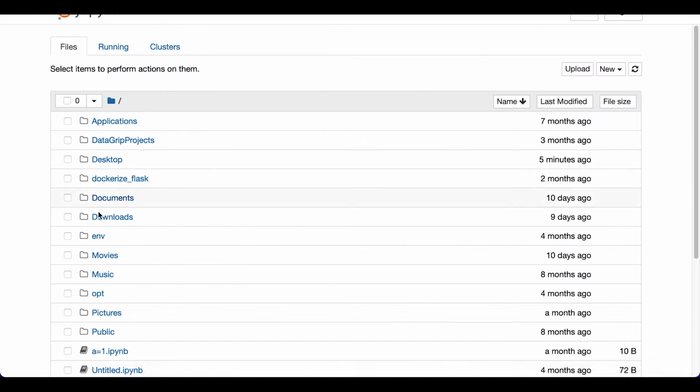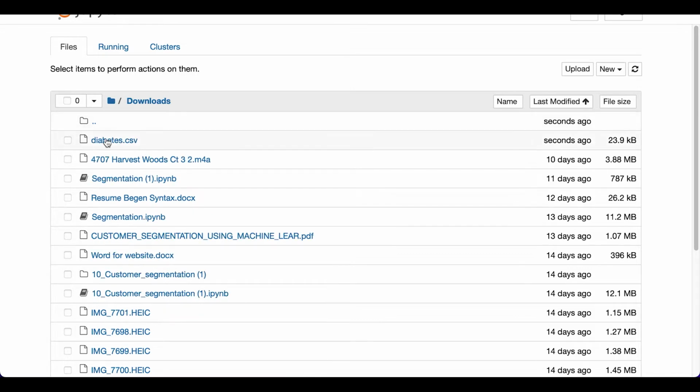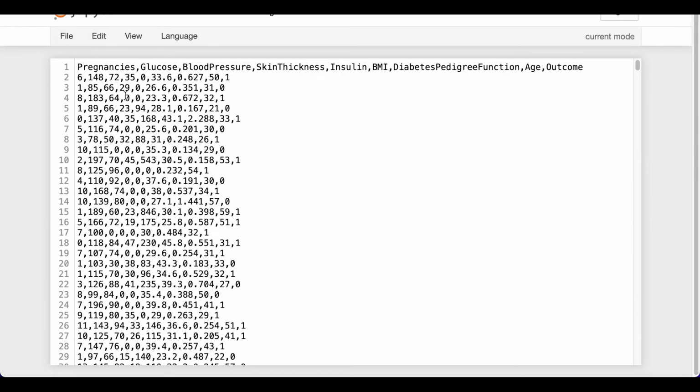Okay, so we downloaded it. I just want to take a look at it. Here we go, this is our dataset. The header has pregnancies, glucose, blood pressure, skin thickness, insulin, BMI, diabetes pedigree function, age, and outcome. Those are my features, or in statistics, independent variables, and my target variable is outcome, the dependent variable in statistics. As you can see, those are all numbers, and our outcome